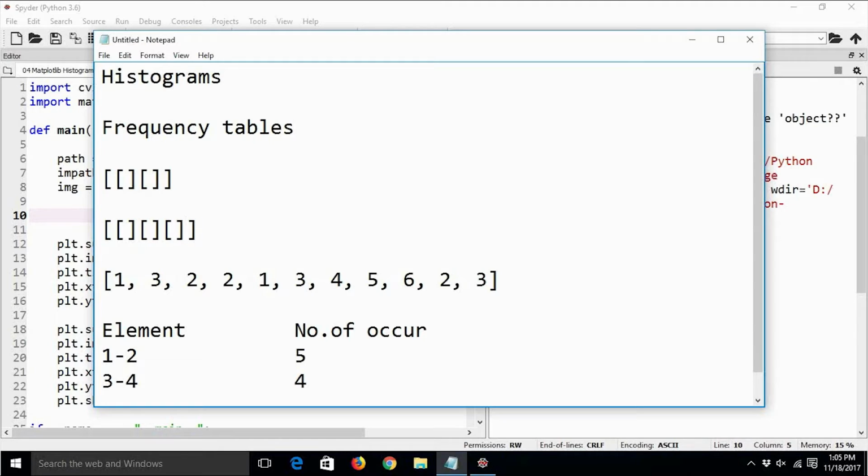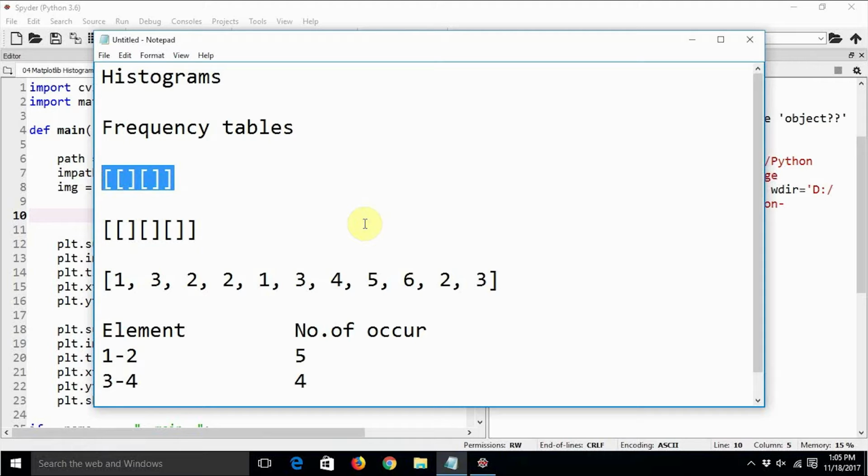So what we do when we want to compute the histogram for a grayscale or a color image is compute the histogram. Let's understand for a grayscale image first. This is two-dimensional data, correct? First of all, we flatten that data. We convert all this two-dimensional data into single-dimensional data by appending all the single-dimensional lists in that two-dimensional list after one another, and we create a big one-dimensional list.